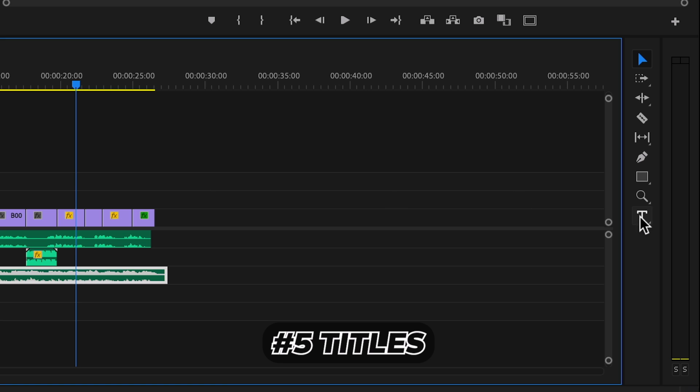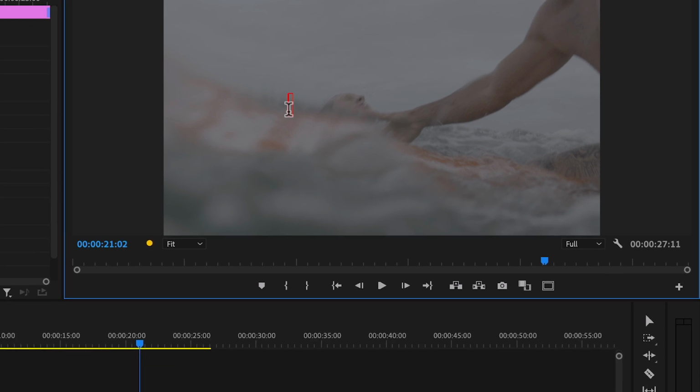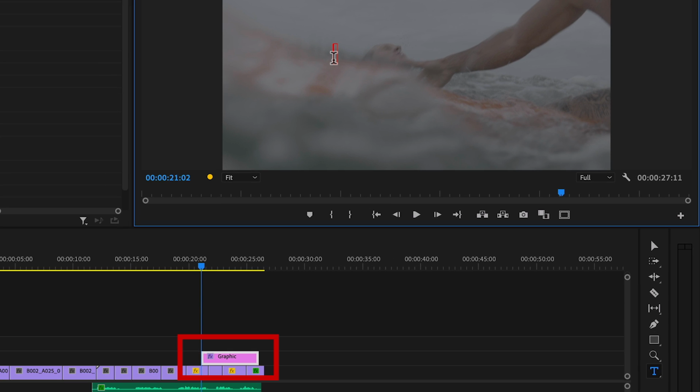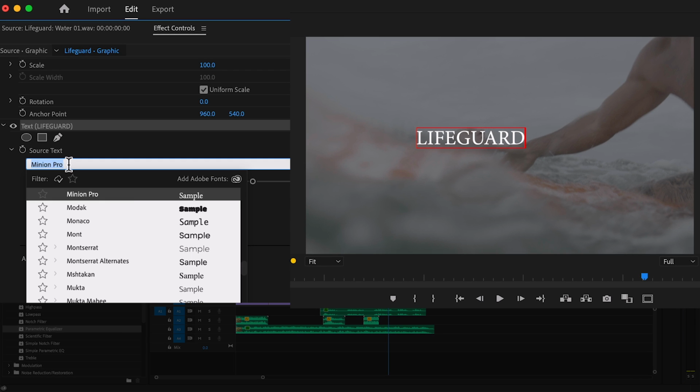Step 5, titles. To add a title, select the title tool, click over the image in the program monitor, and start typing. A new clip gets created in your timeline representing the text. I'll write lifeguard, and with that clip selected, it gets loaded into the Effect Controls panel where we'll modify its properties. We can change the font,